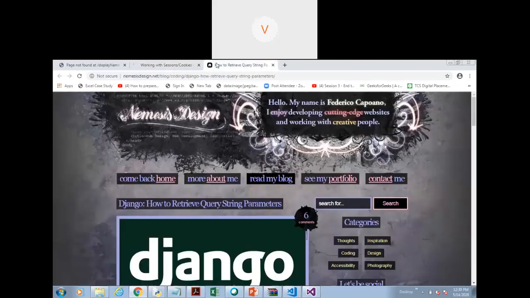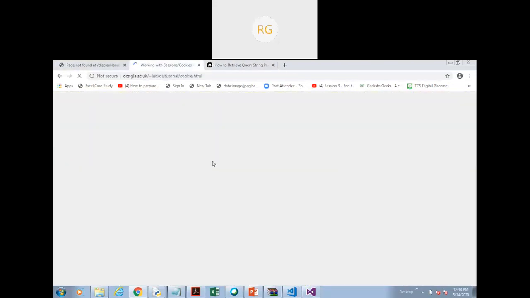It is not page level. It is stored on the user's either browser or on the machine. That's why it acts like a global information. Right? That is the main difference. Okay. So let's see how to create cookies now.